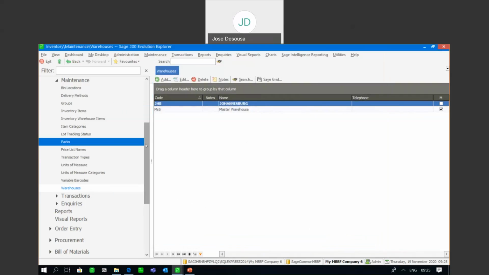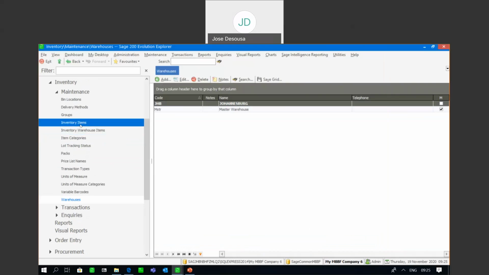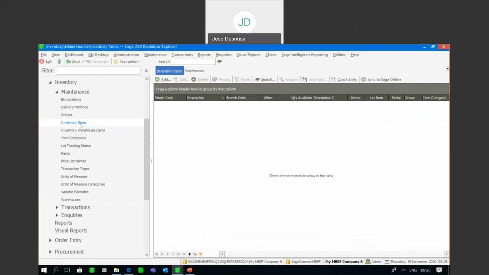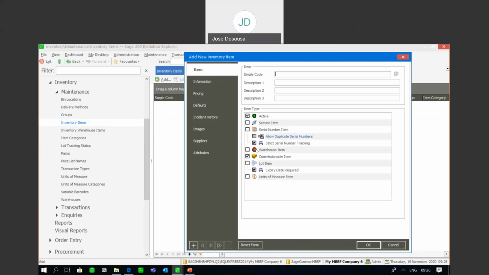And then you could have, for example, a default sales bin and link it there if required. Right, that's all in order. And now we need to go and create an item. So if I go to my inventory items, and I'm going to go add a new one, make it a warehouse item first of all, and we can say, for example,